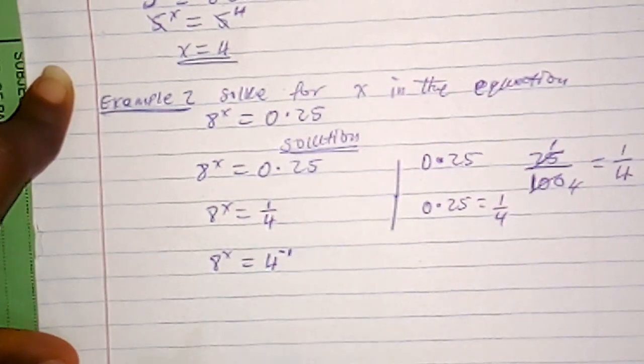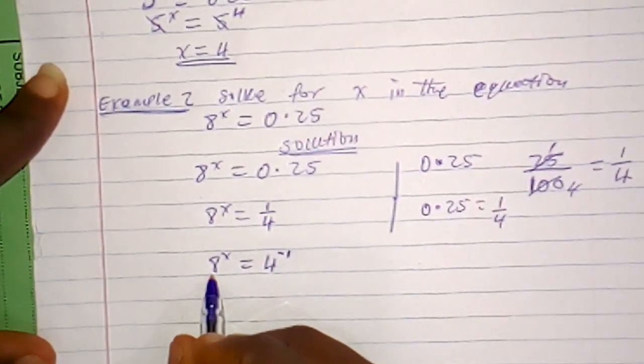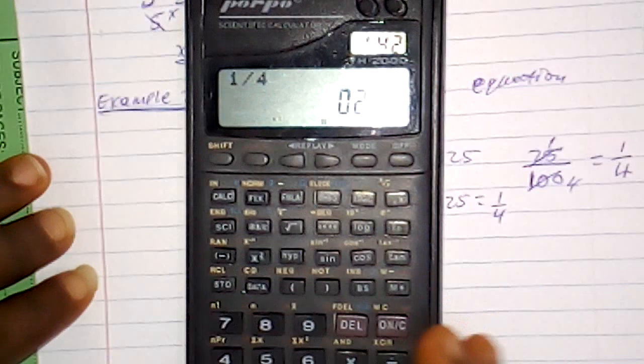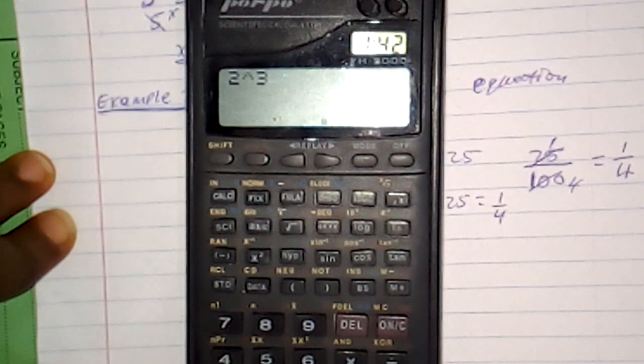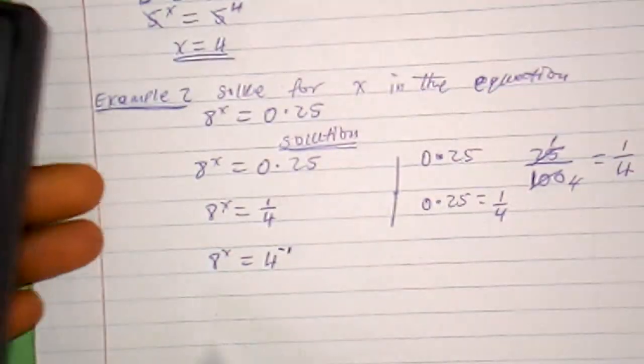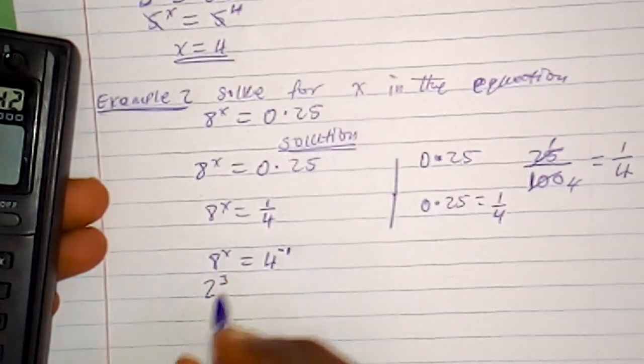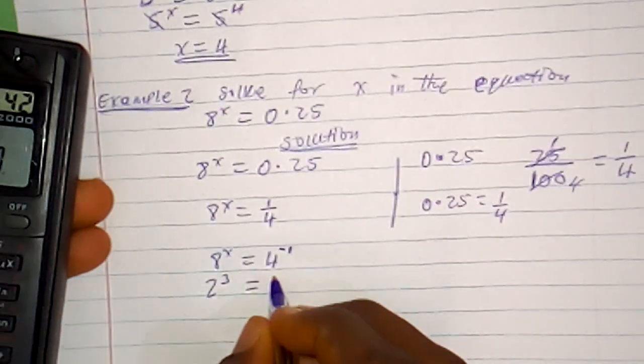We are coming to simplify them. How are we going to simplify base 8? We say 2 raised to the power 3 will give you 8. See, it's 8. So 2 raised to the power 3 gives you 8, equals 2 raised to the power